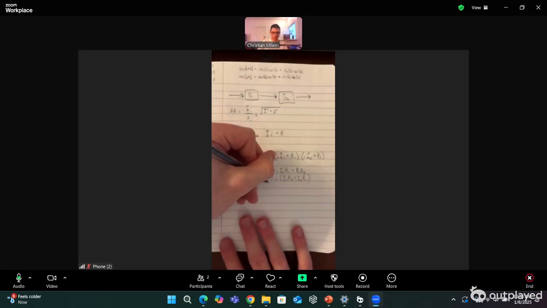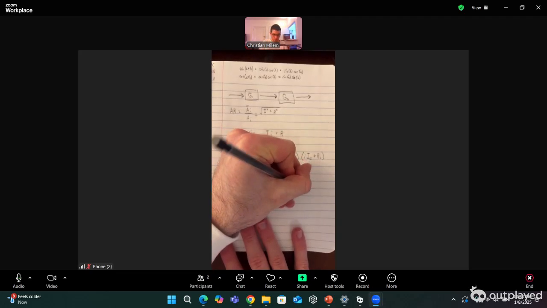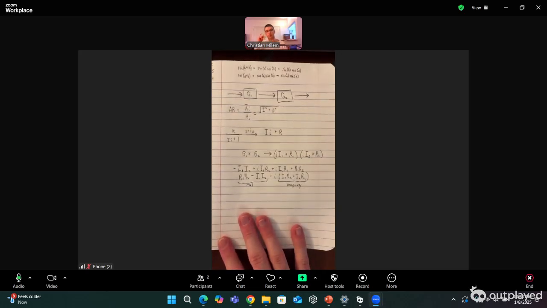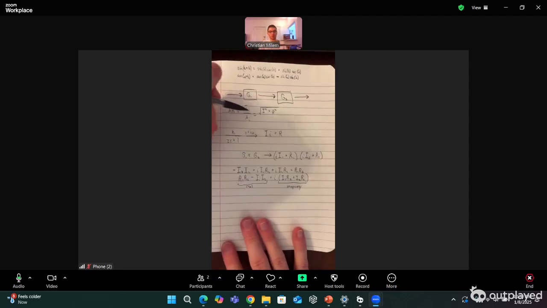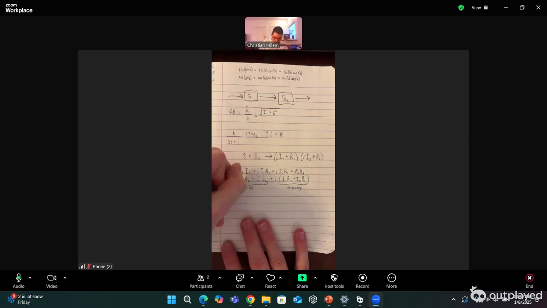Okay, so this is our real part right here. This is our imaginary. And like we said, for any kind of system, the amplitude ratio follows the format of your imaginary part squared plus your real part squared. So our amplitude ratio would be equal to,